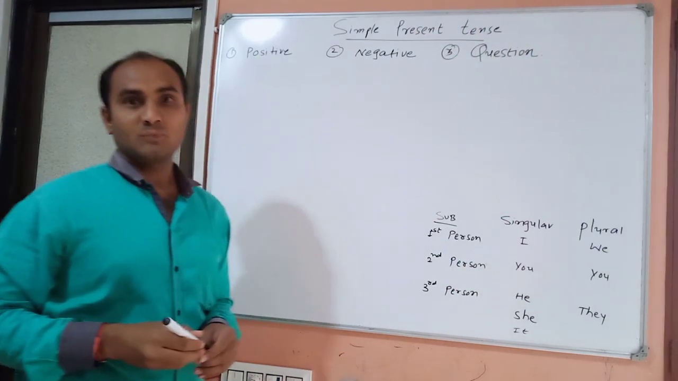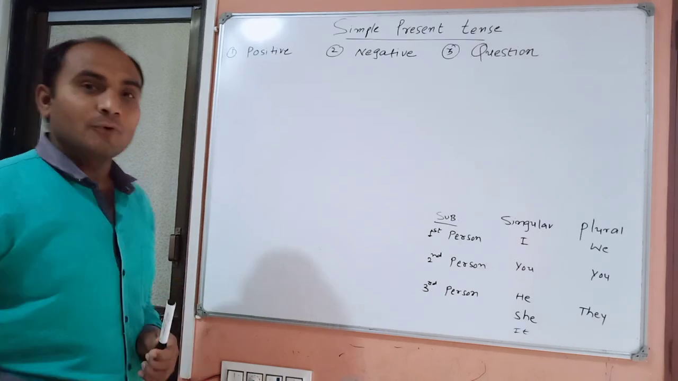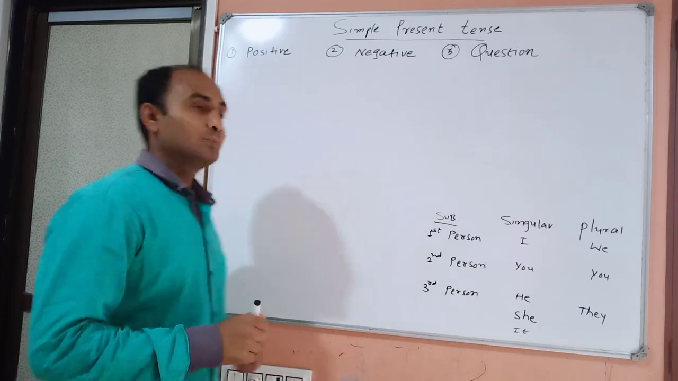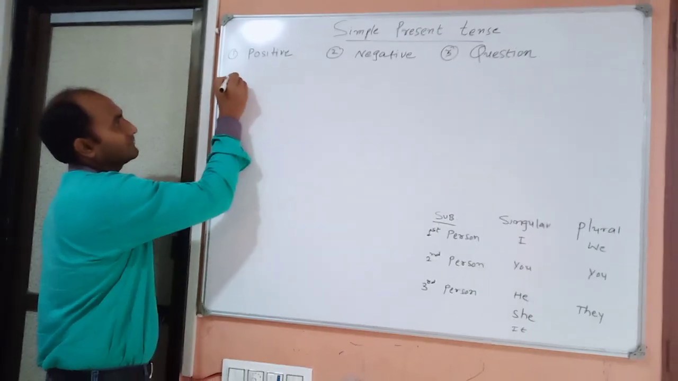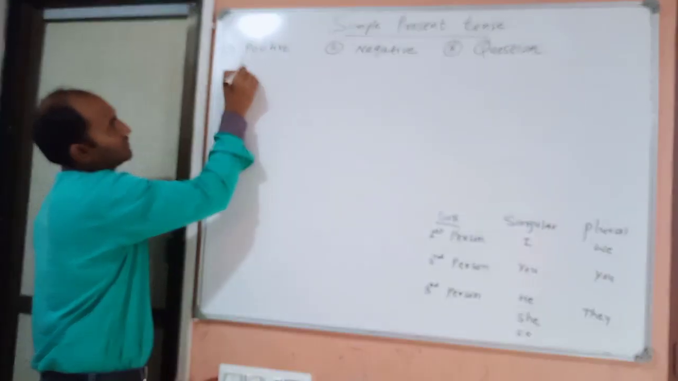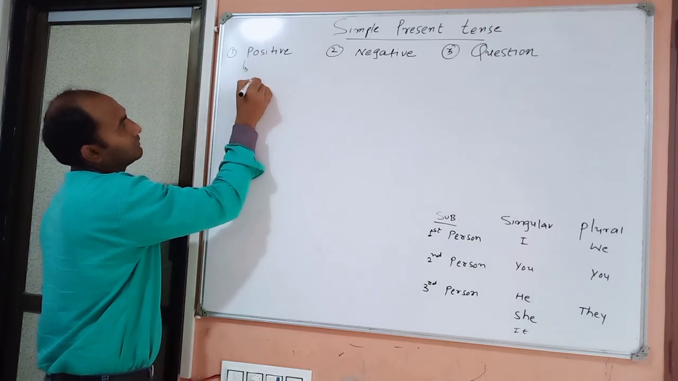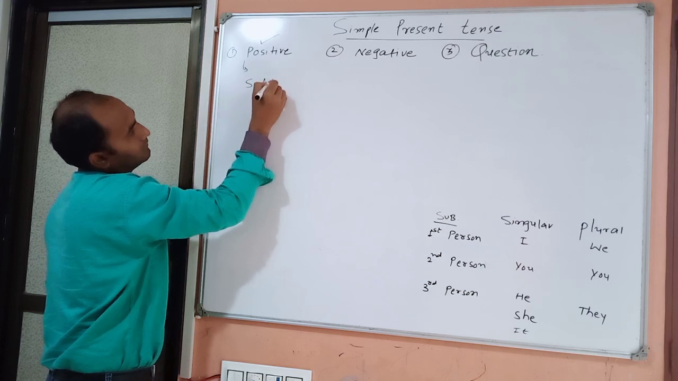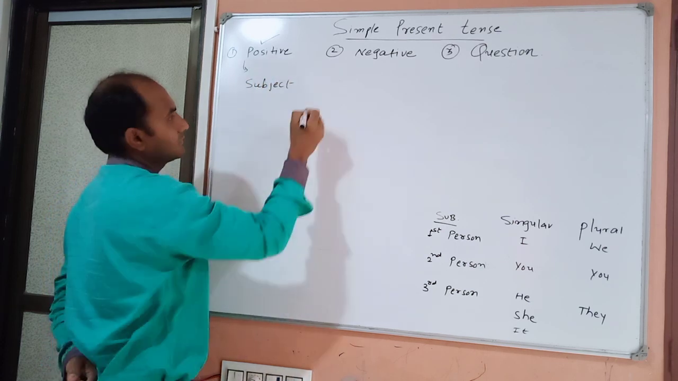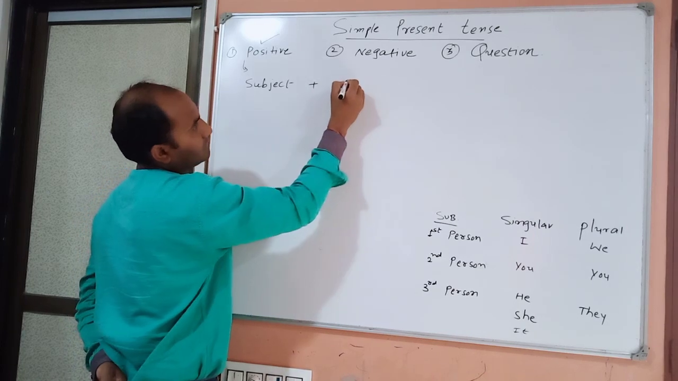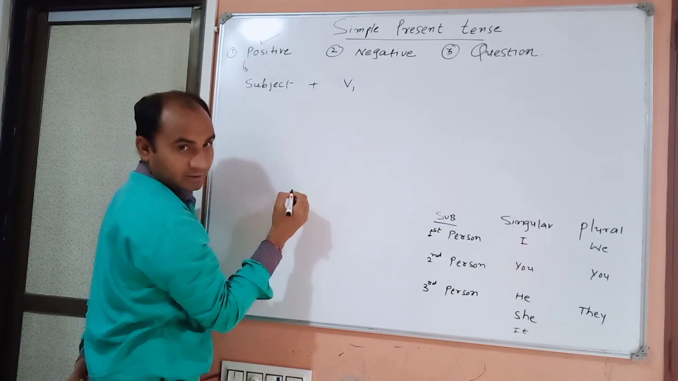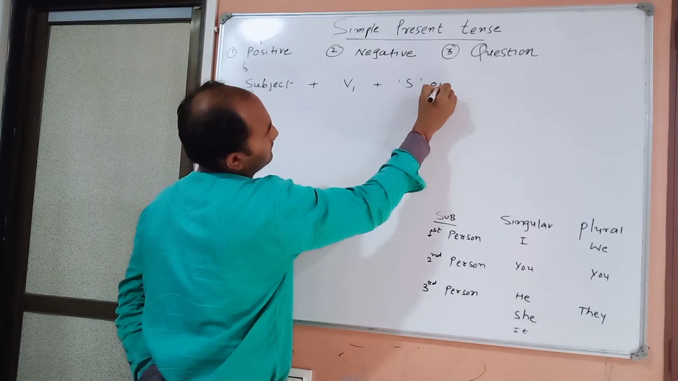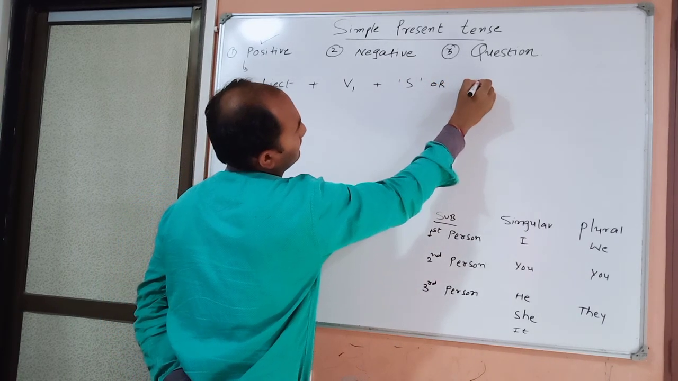And third point, we will discuss question. Okay. So first of all, we will learn the structure of the positive simple present tense. Positive. Subject plus V1 plus S or ES,